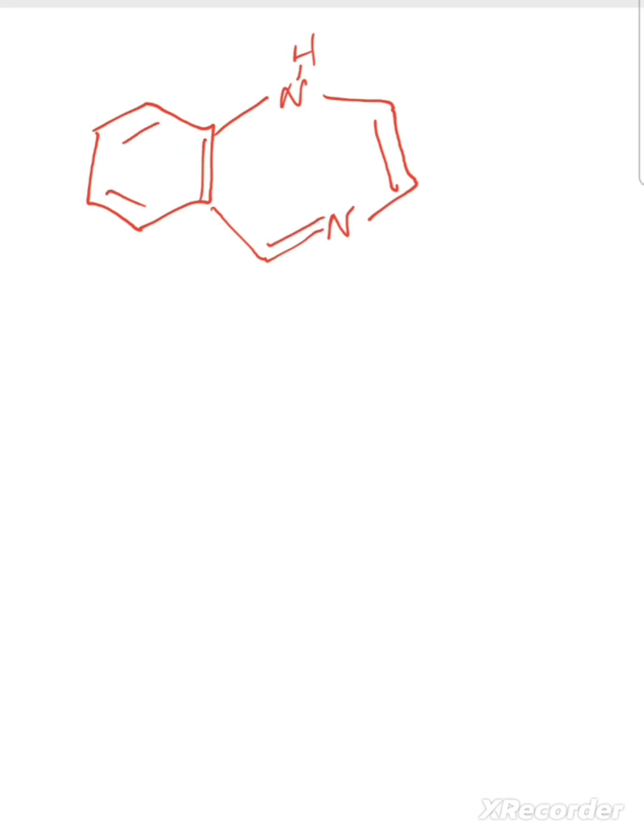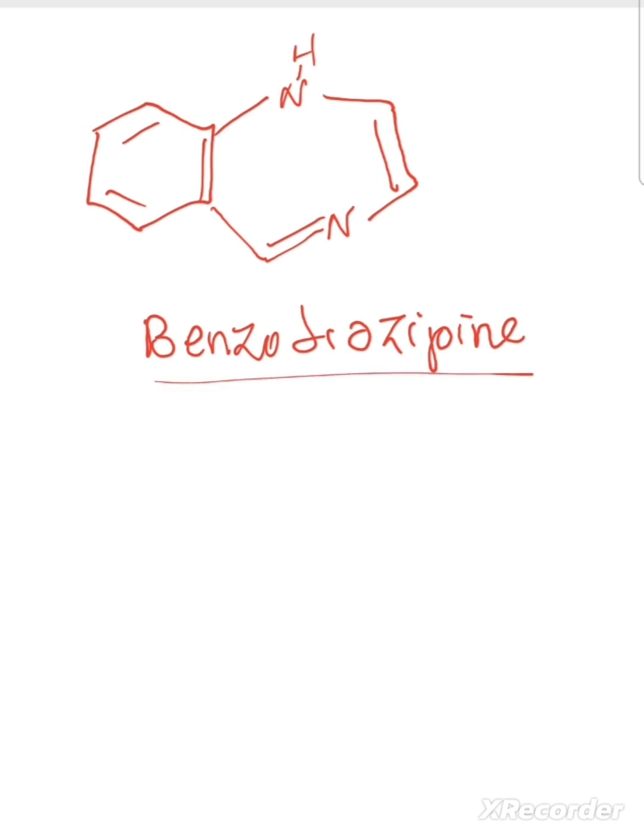Okay, something like that. So this one is called a benzodiazepine. Benzodiazepine. This is called benzodiazepine. Get? So this is called the benzodiazepine. That's the name. It's benzodiazepine. You get? So now it comes as when you are writing a nomenclature of benzodiazepine, you will find a lot